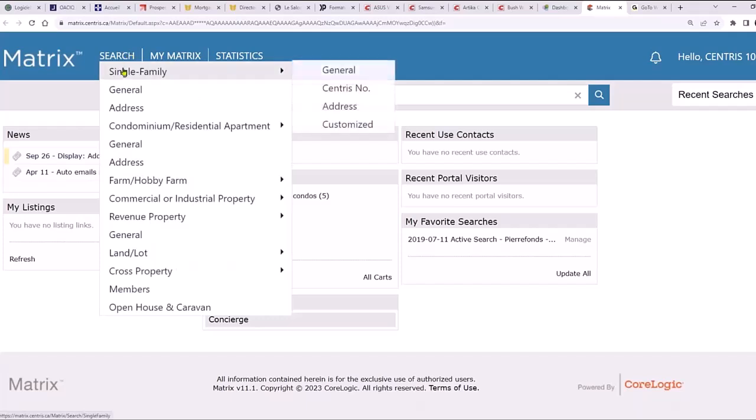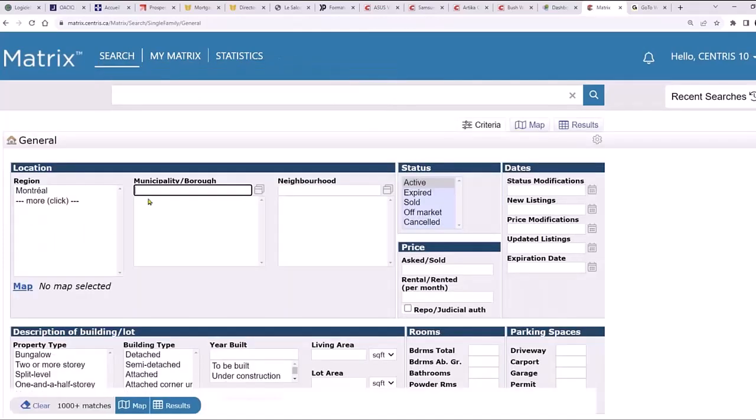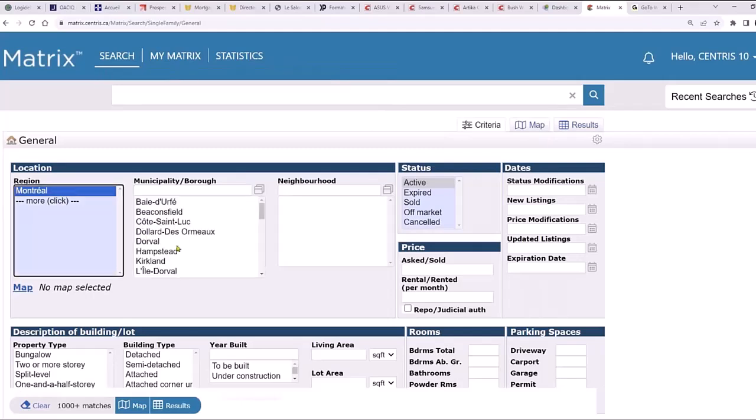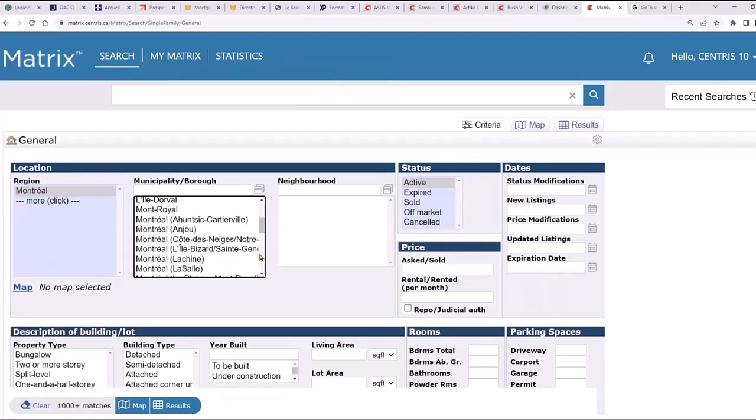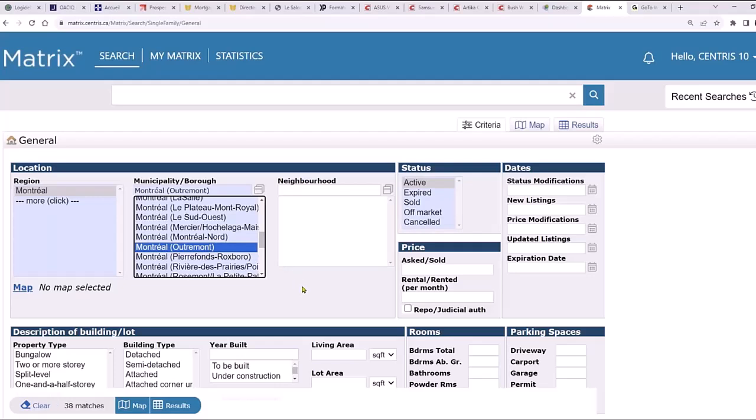I'll go to search. Let's say single family home, general. Let's say Montreal. Let's say Outremont. Why not?